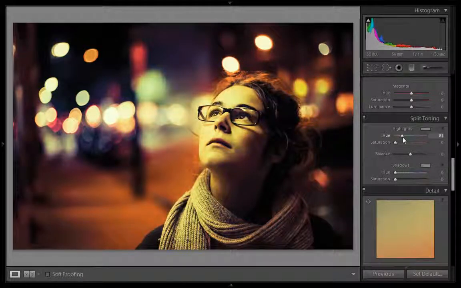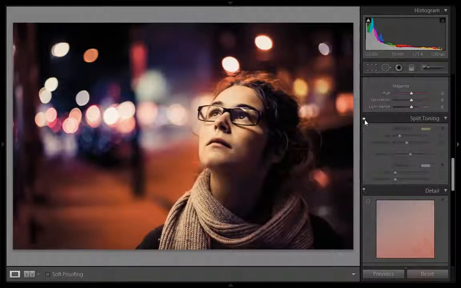I want some orange shade, so I will go around 47, that is very orange, and then I will increase the saturation for this orange up to 38. I think 38 is very good. You can see the effect.